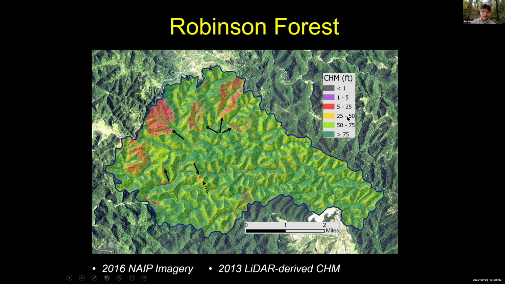And then we can see that it's a 25 to 50 canopy height. This is another SMZ study, but it was conducted in 1983. So this LIDAR data is 2013, which was about 30 years after the disturbance, and the canopy height has reached mostly 25 to 50. Of course, the canopy height can tell us those historical disturbances, but it can also tell us the basic influence of landform on the